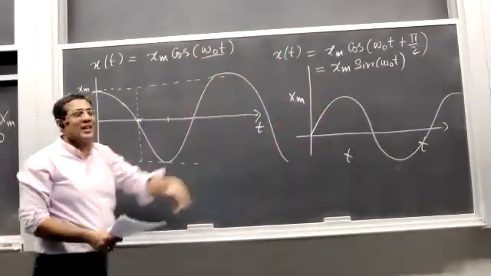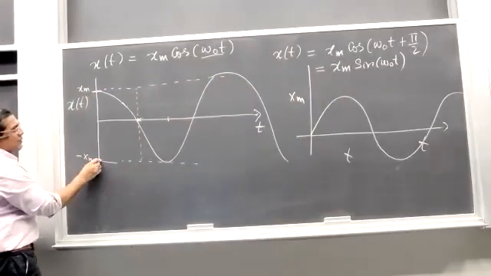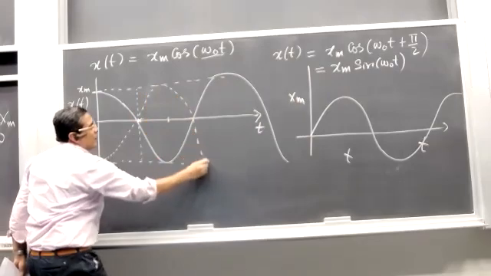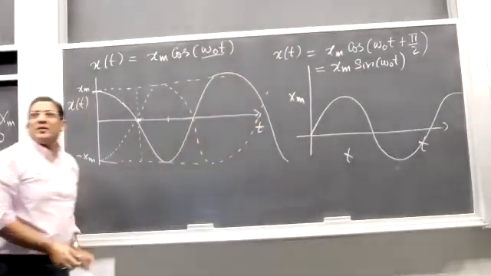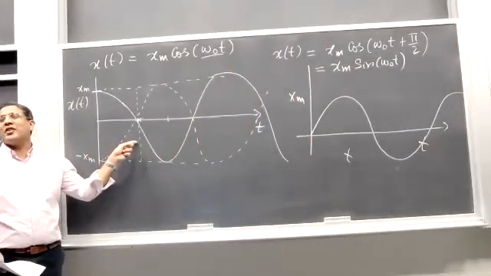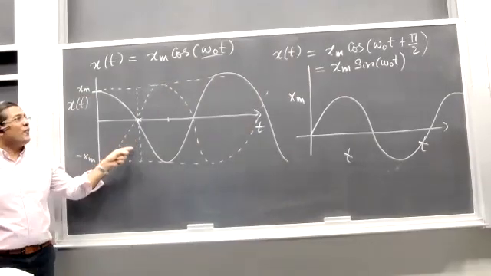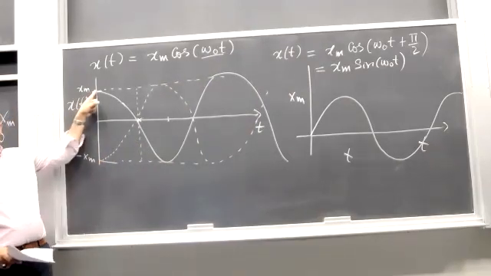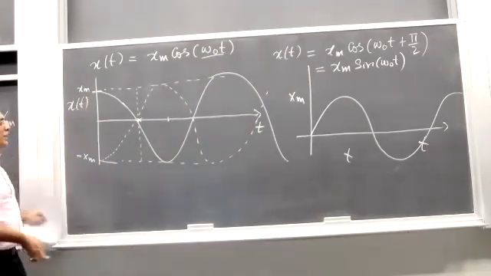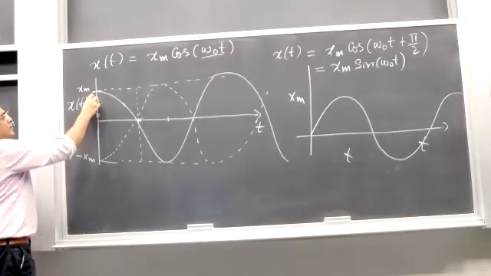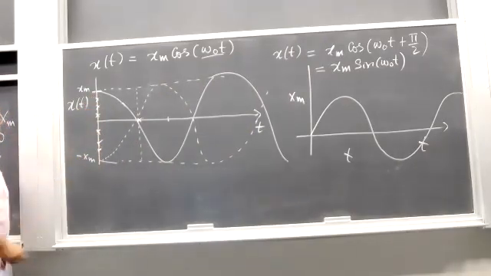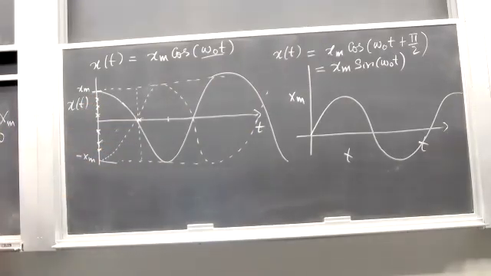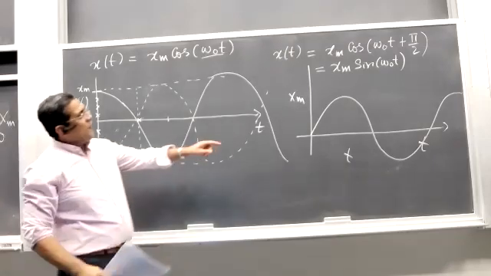You can choose the phase constant in such a way that the oscillator starts from the extreme left position. But the fashion in which it moves always remains sinusoidal in nature. The phase is only changing this starting point, whether you start here, here, here, or in between. Once you go, you make a perfect sine wave. That is what phi is doing.